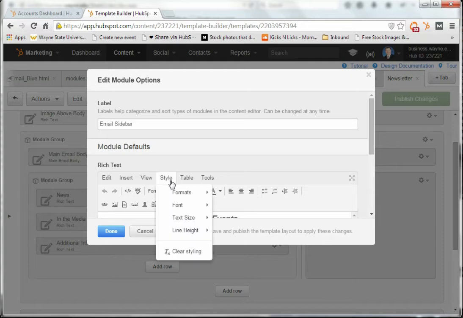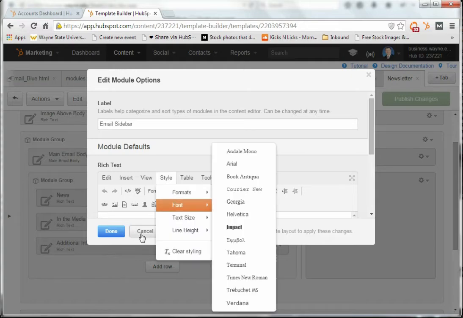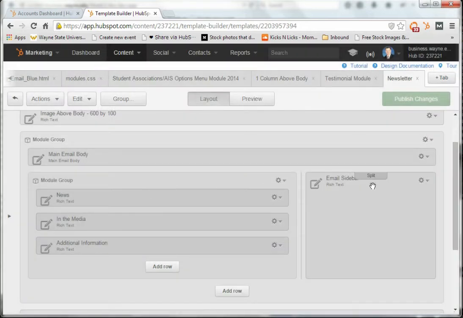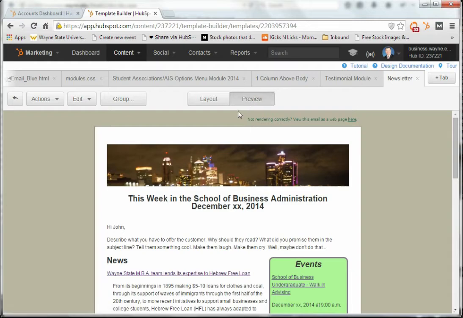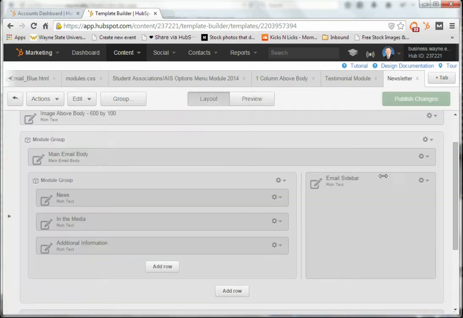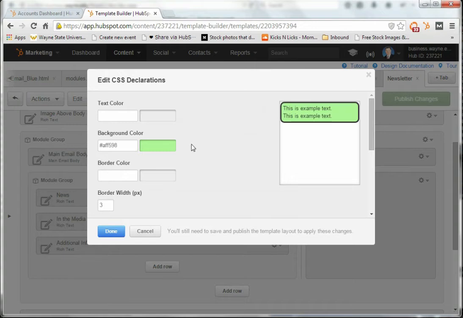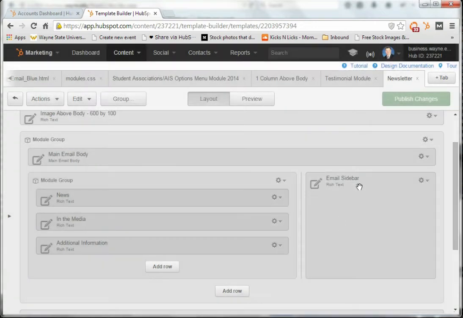But I reached out to, so I've got that here like that, and I reached out. I thought I did the styling in the newsletter itself. I don't think I did the styling. I did do the styling here. On the module, you can edit the cascading style sheet,